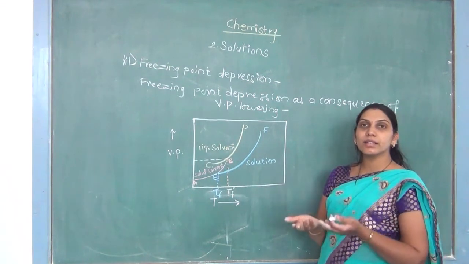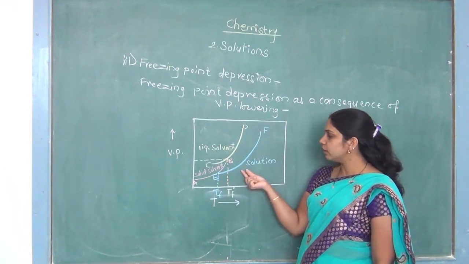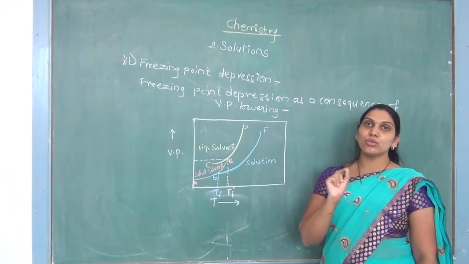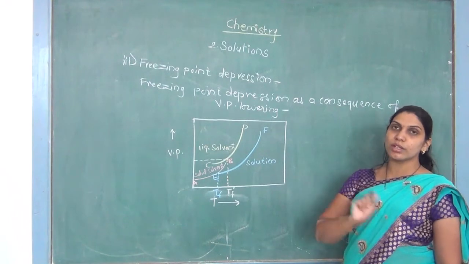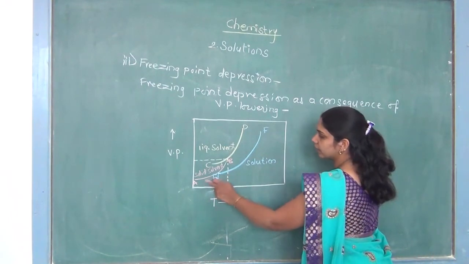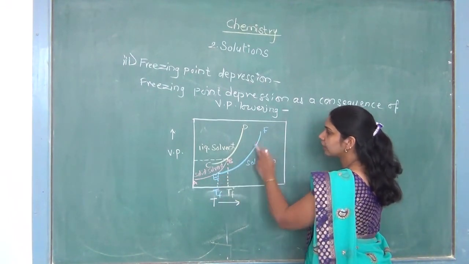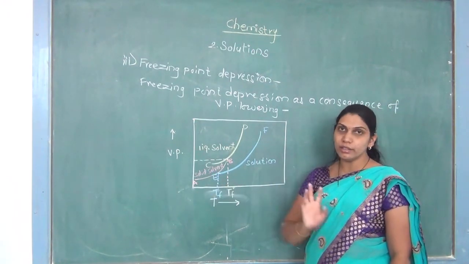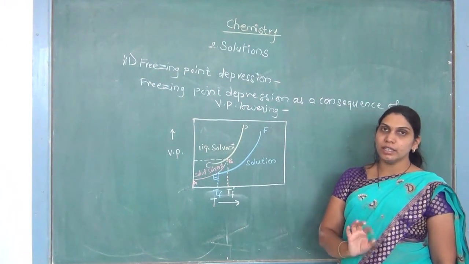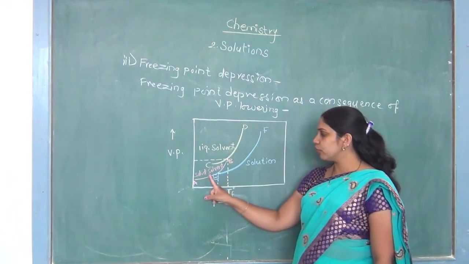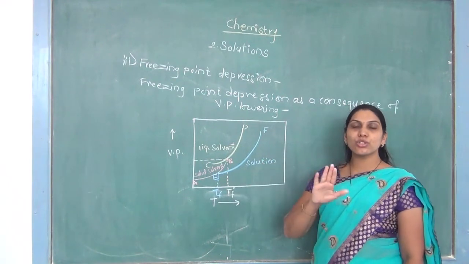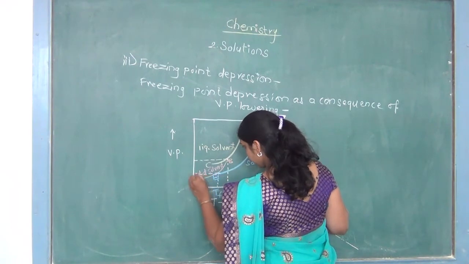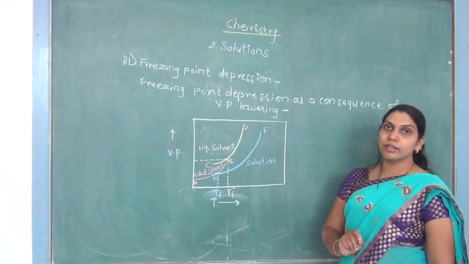Now we will compare the two curves of solid solvent and solution, which are shown by pink and blue color. If you see those curves carefully, you will find that the curve AB and curve EF intersect each other at point E, and at point E, again the vapor pressures of solid solvent and solution become equal. I have shown it in the graph.